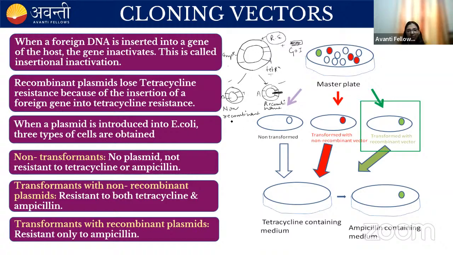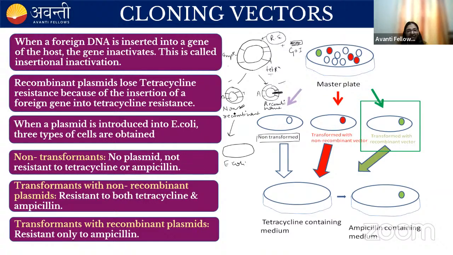Now there are further three possibilities. Either the host cell, which is the E. coli, can contain the non-recombinant vector or the recombinant vector, or it does not get any vector. So this E. coli cell does not have the non-recombinant vector or even the recombinant vector. We call this host cell non-transformed. The second possibility is that this E. coli host cell